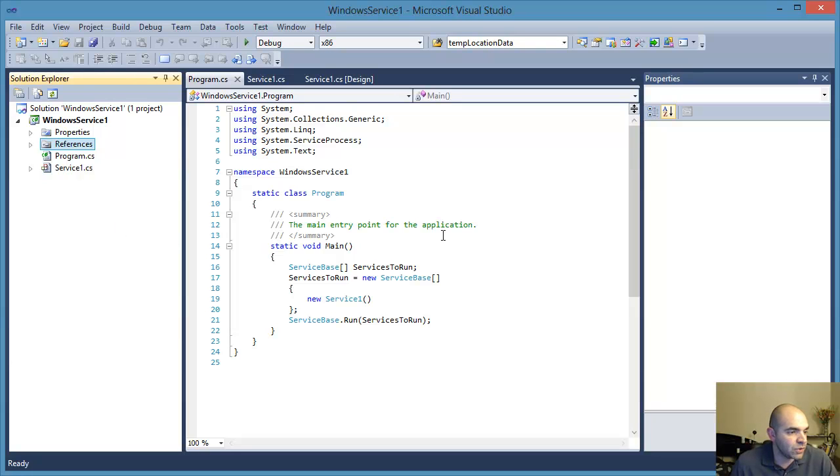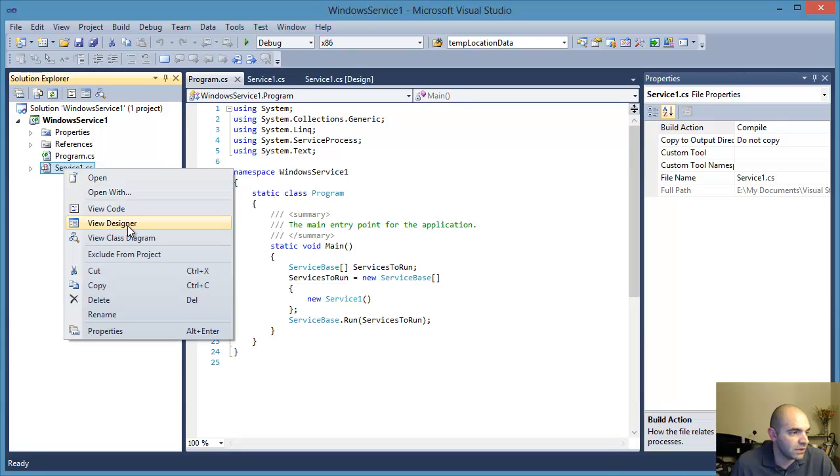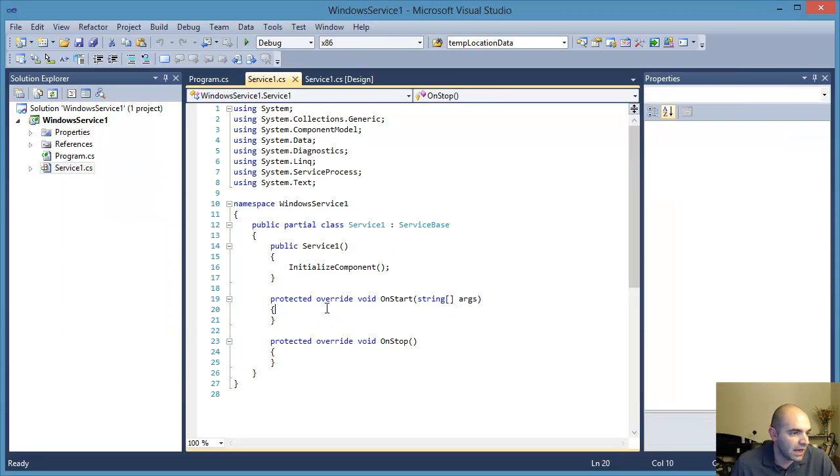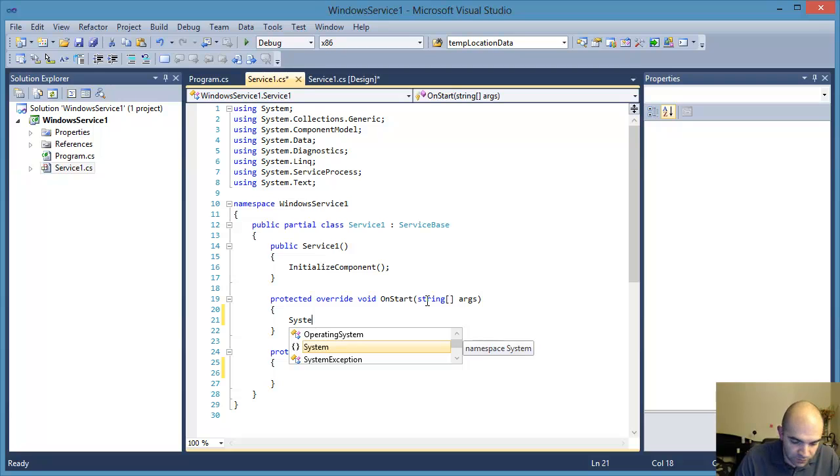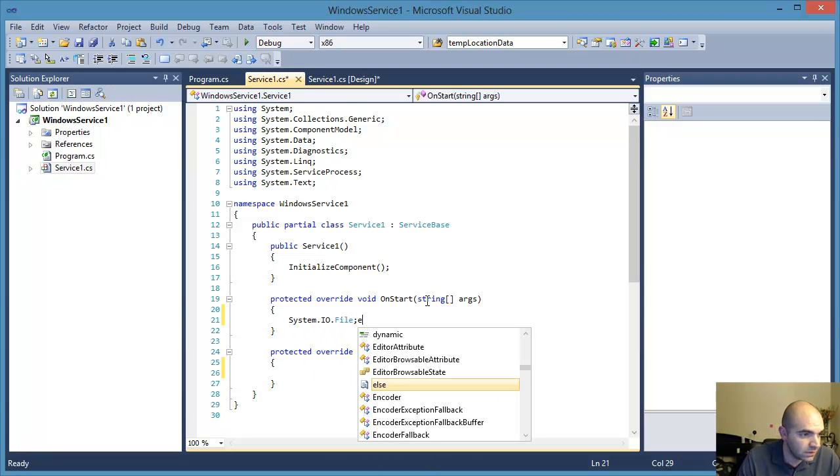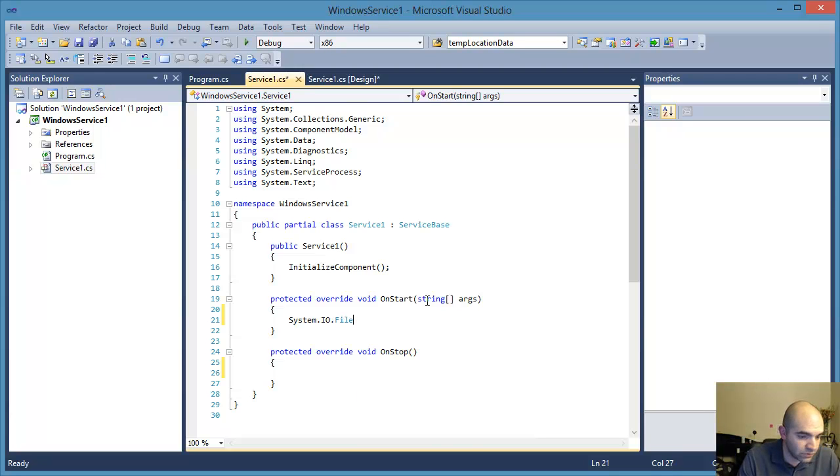Okay, back on track. Next thing that we need to do, so I'm going to click on service 1 here, and I'm going to go to view code. We have our start and stop methods here already overridden. So let's do this. I am going to create a file when this starts,